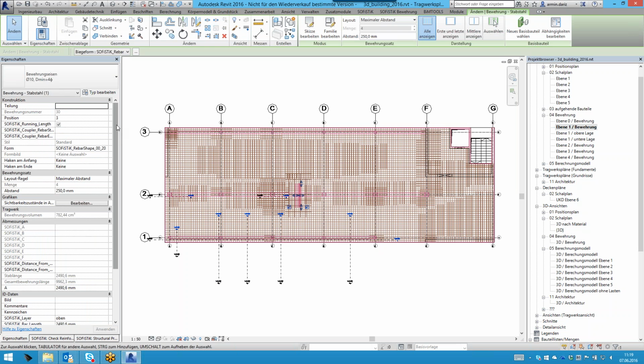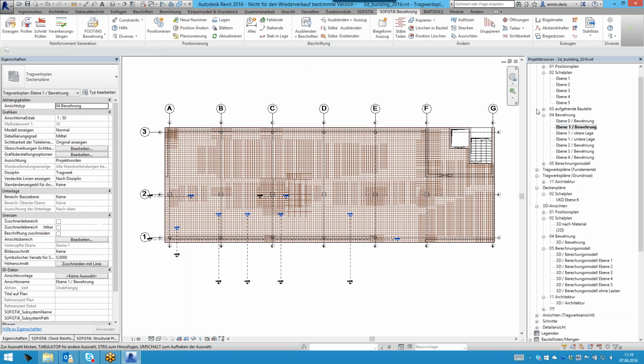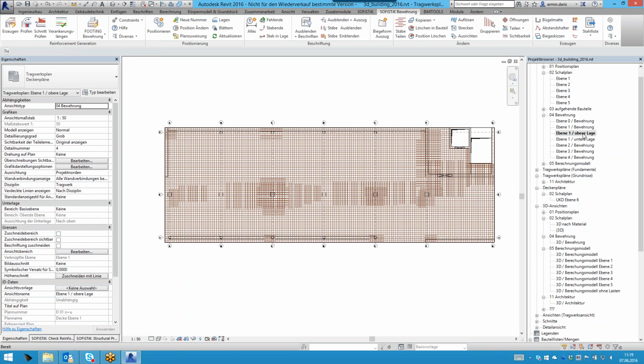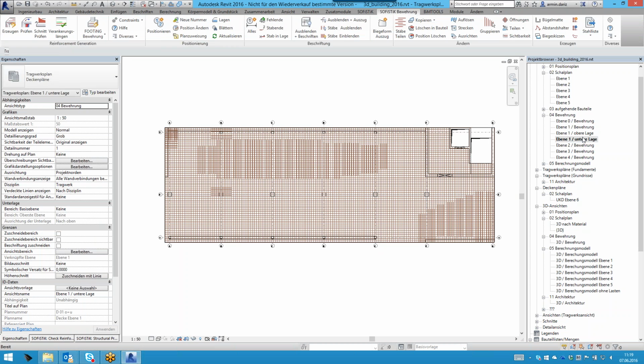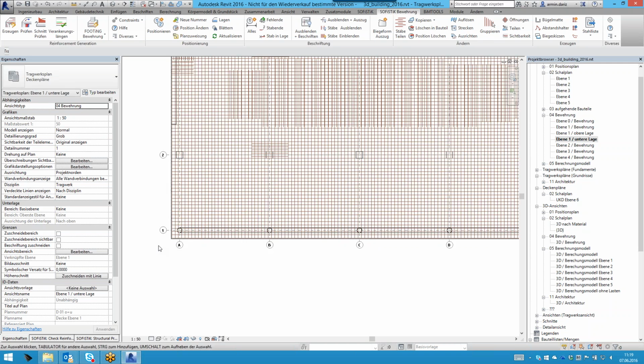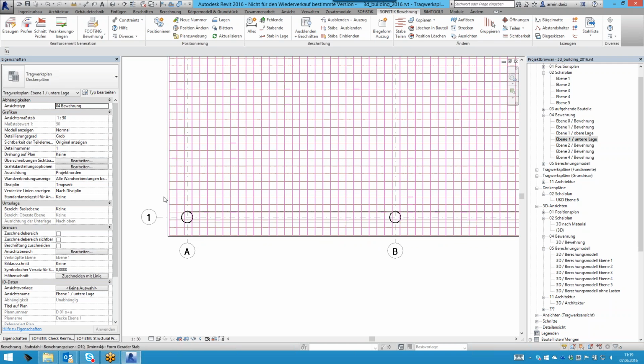We have additional information on whether the bars are sitting on top or bottom of the rebar, and using some filters you can hide certain rebars in the bottom representation of rebar and the top representation of rebar. As you can see here, I've already prepared certain views. We can use that filter to hide certain rebars. As you can see also, we don't see the rebar for the beam because they are also hidden by some